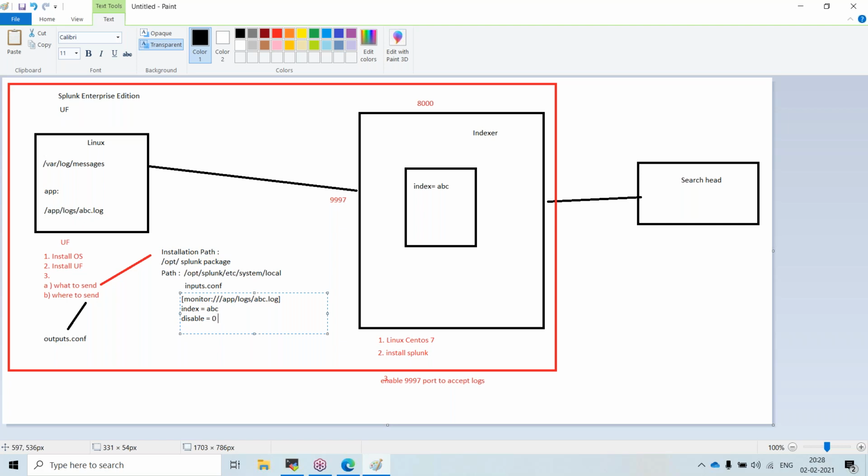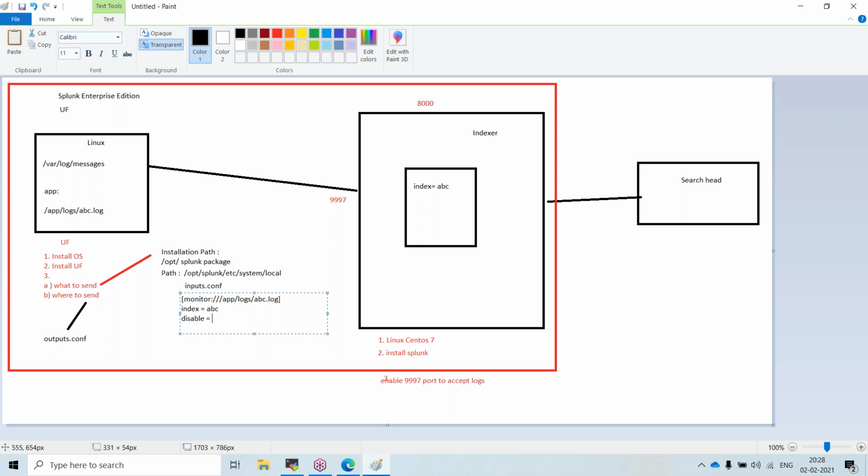Let us assume there is one scenario where one of the Linux machines is dumping the logs, and your manager has told you to stop sending the logs from this machine to this indexer. Then I have to put disabled is equal to 1.